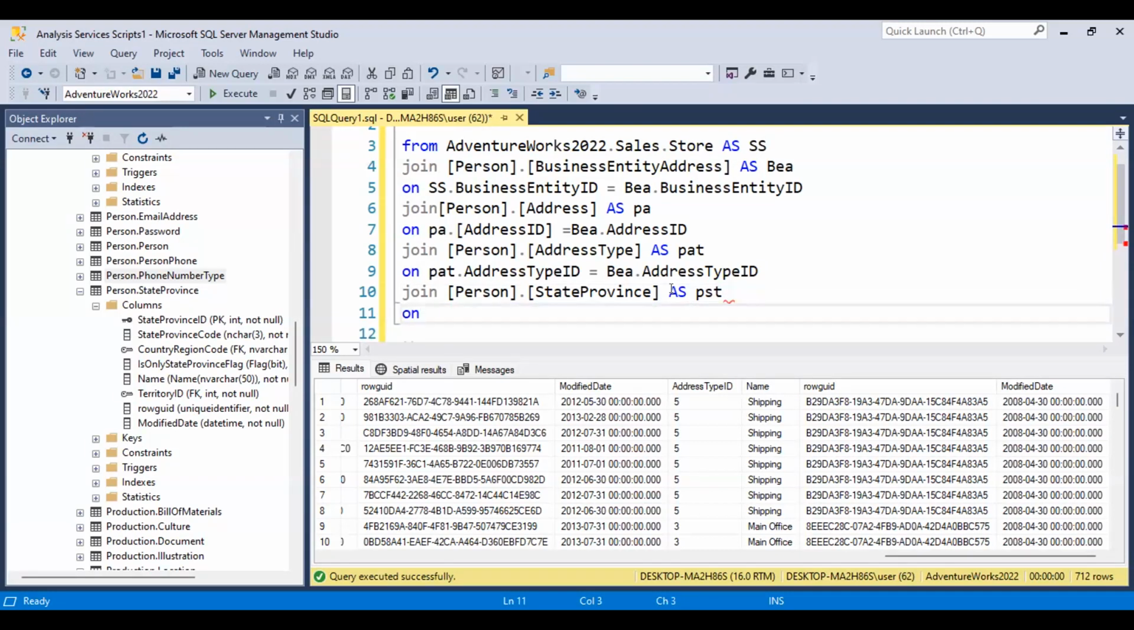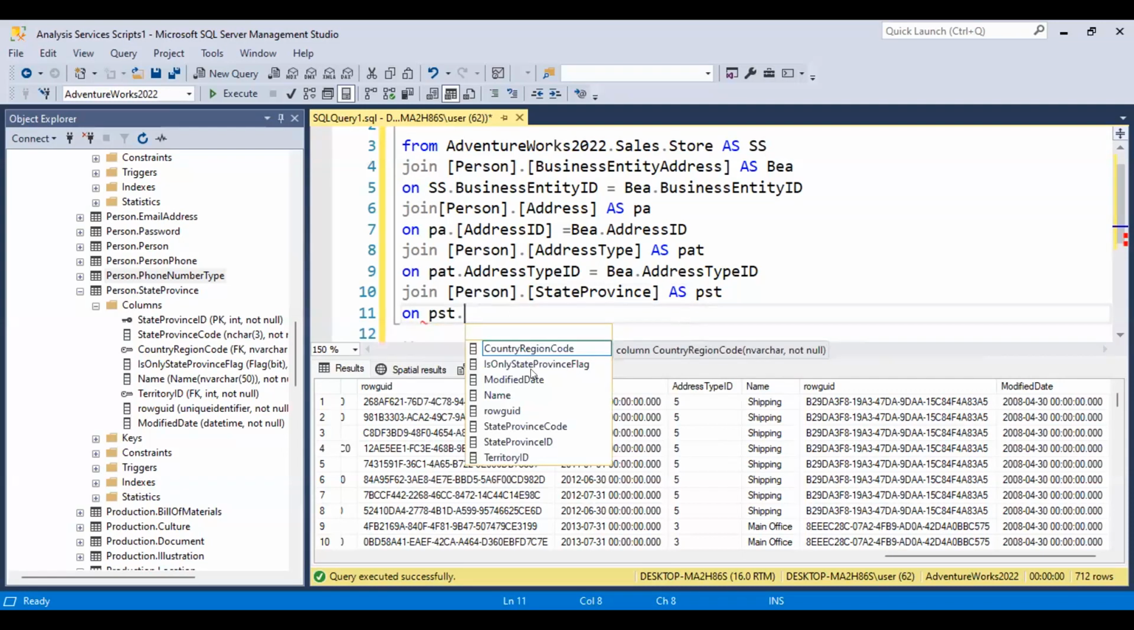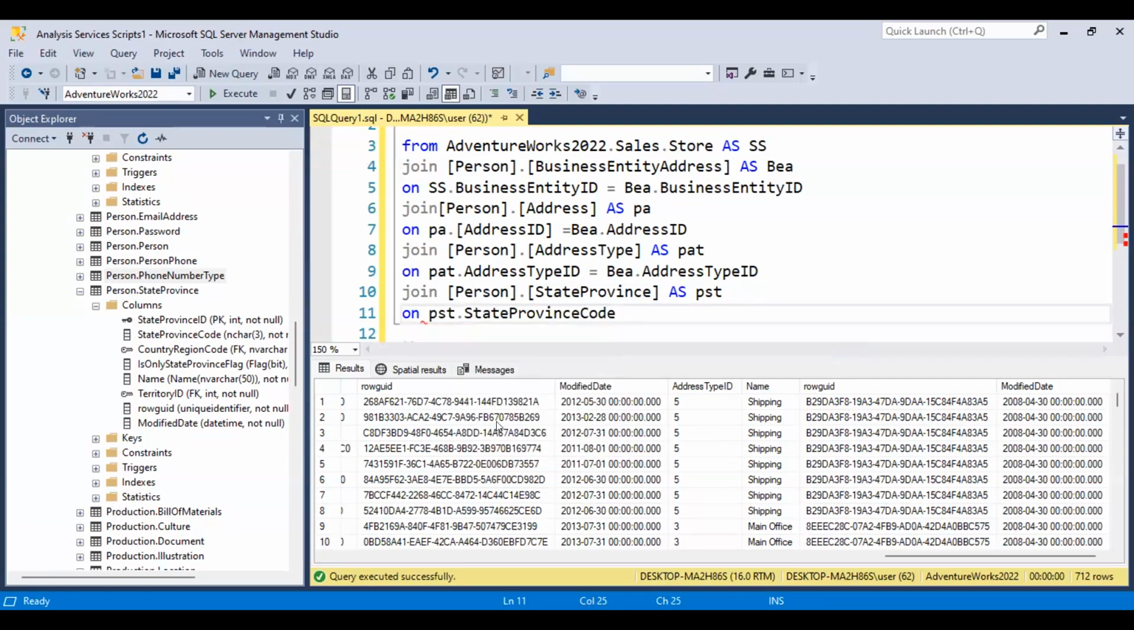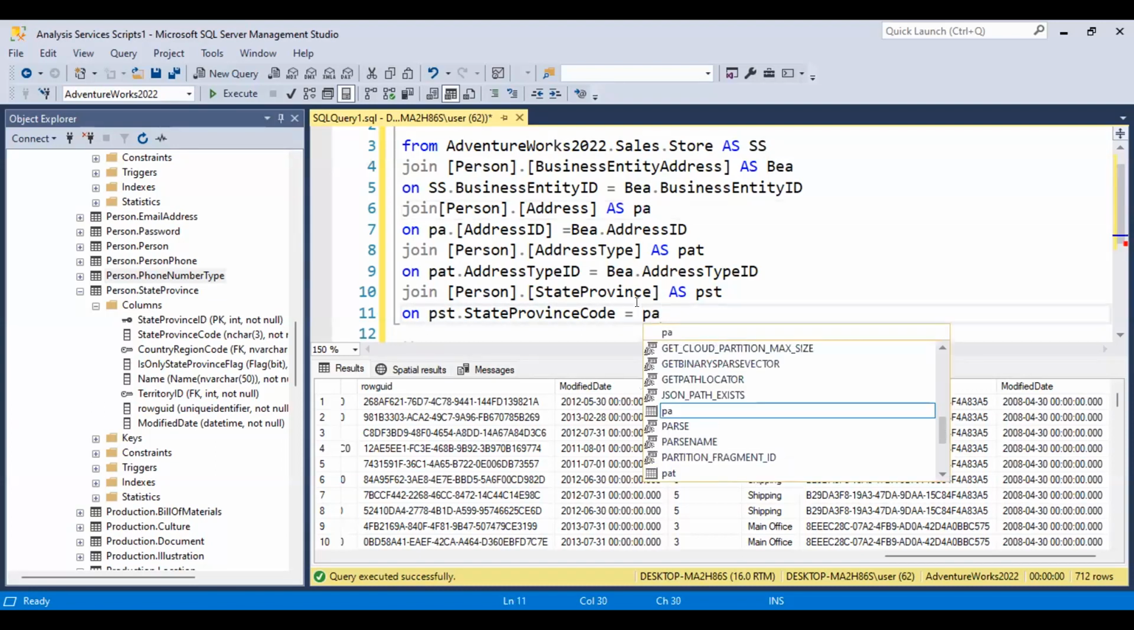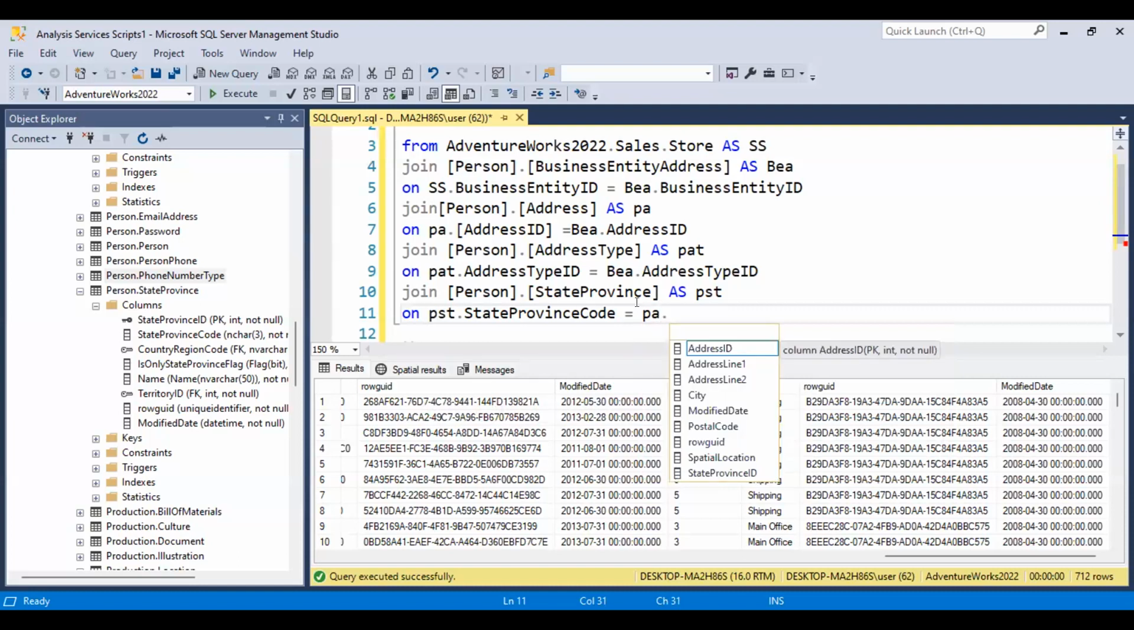Okay, as PST, on PST dot state province equals address, right? Do we have person address AS? Yes, PA. PA, yes. PA dot